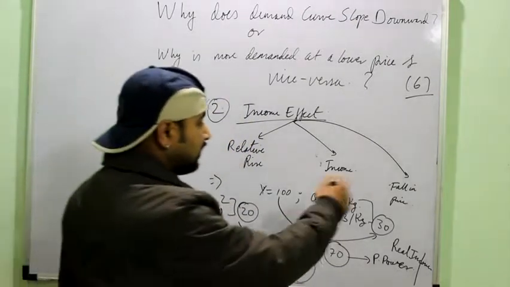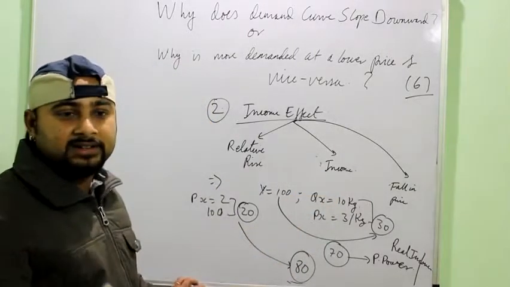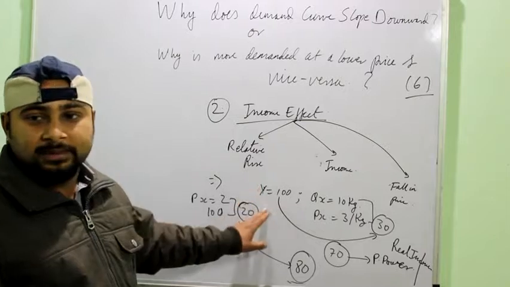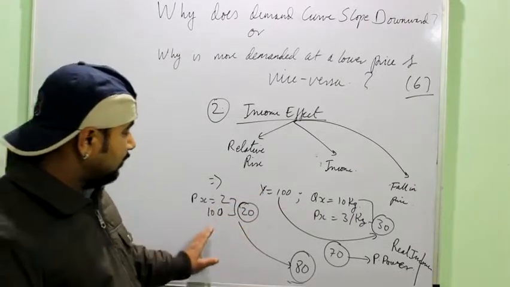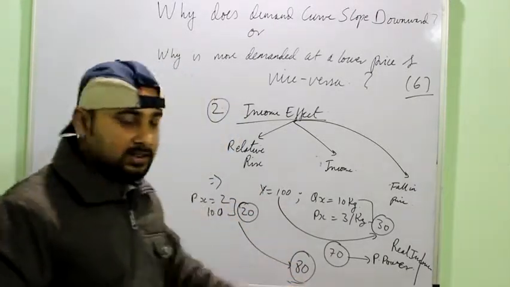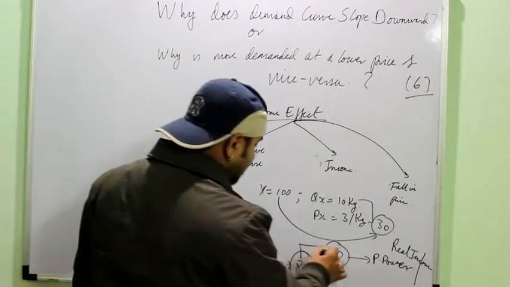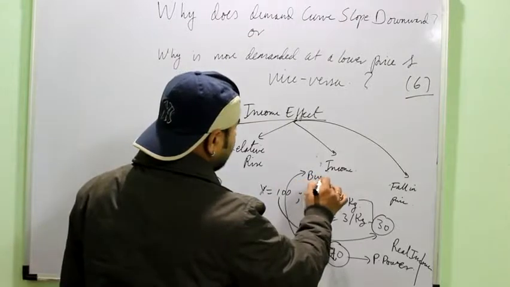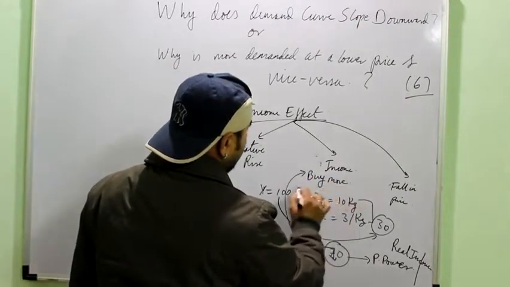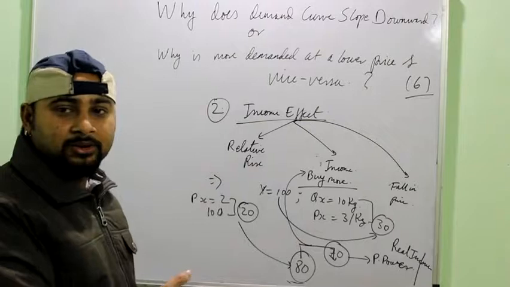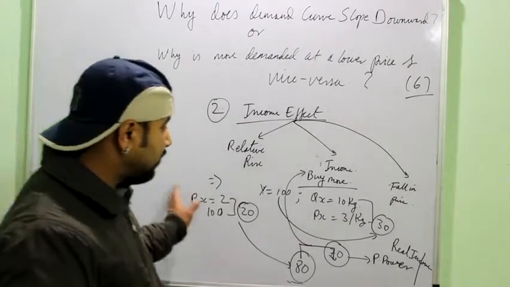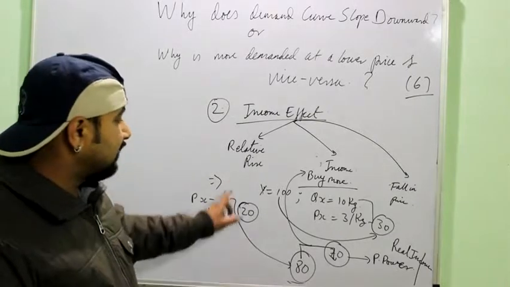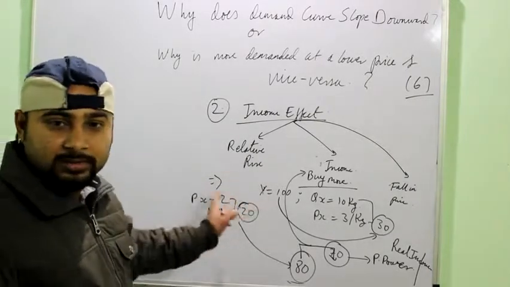So if the price of the commodity falls, there is a relative rise in the income of the consumer which he feels. Though there is no change in the income, it remains 100, comparatively in both the cases the real income has increased. So now this increased real income can be used to buy more goods, maybe the same good or maybe some other good, right? So again I am able to prove that if price decreases, then the real income of the consumer will rise and he will buy more of the commodity. Again I have proved the law of demand, and vice versa.